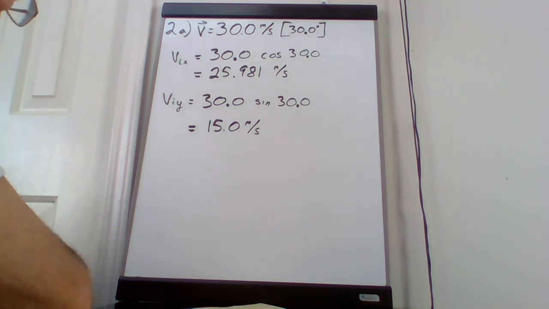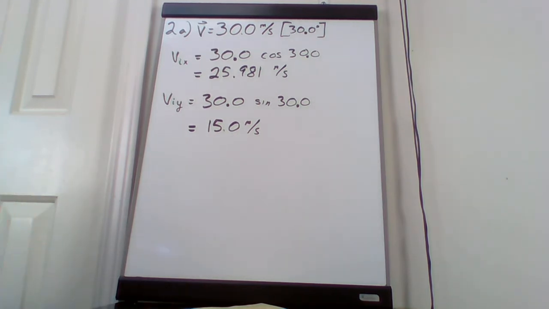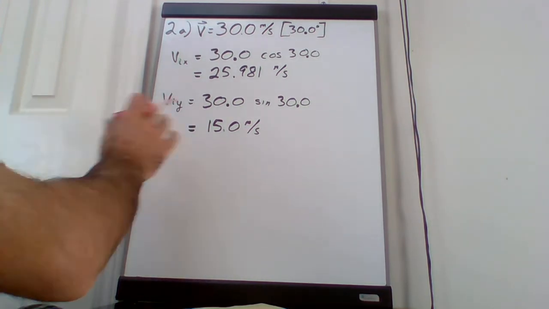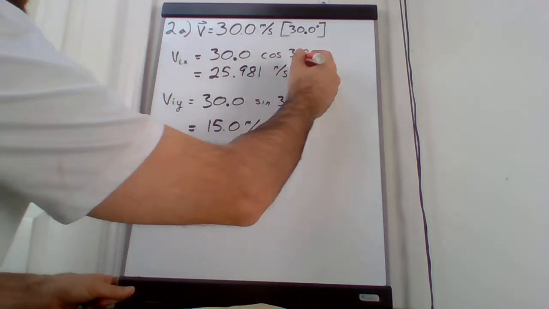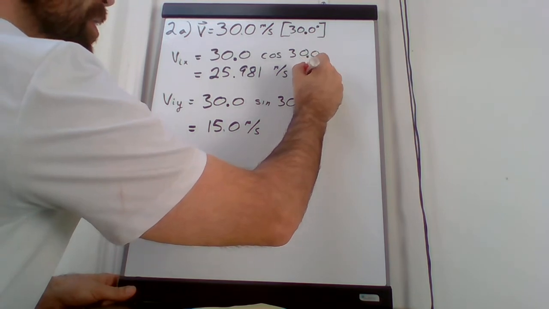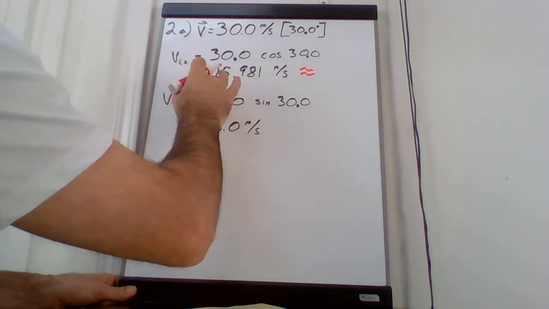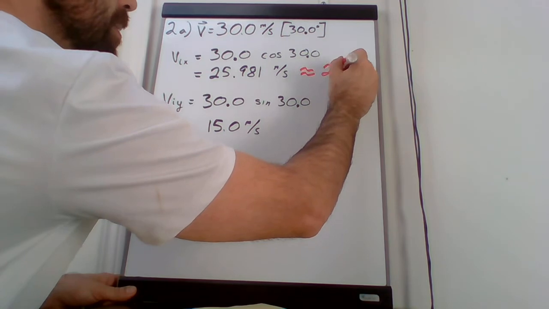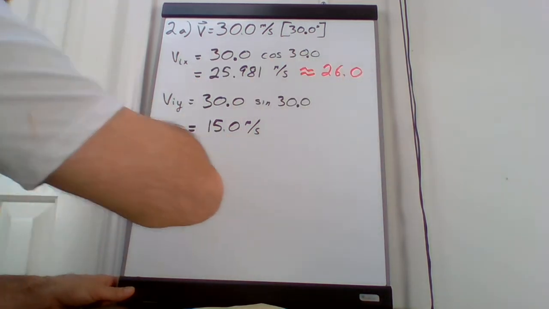It's 2 or 3 more than whatever we're provided, and that is usually a safe buffer zone to make sure there's no rounding errors. And so this one is 15 on the dot. This one, though, we have that 25.981, so I should round this to be 26.0